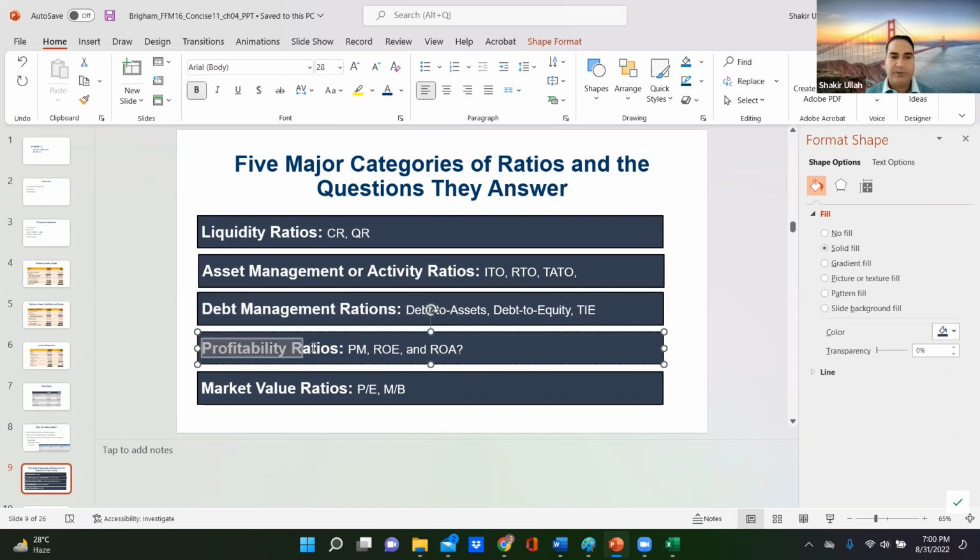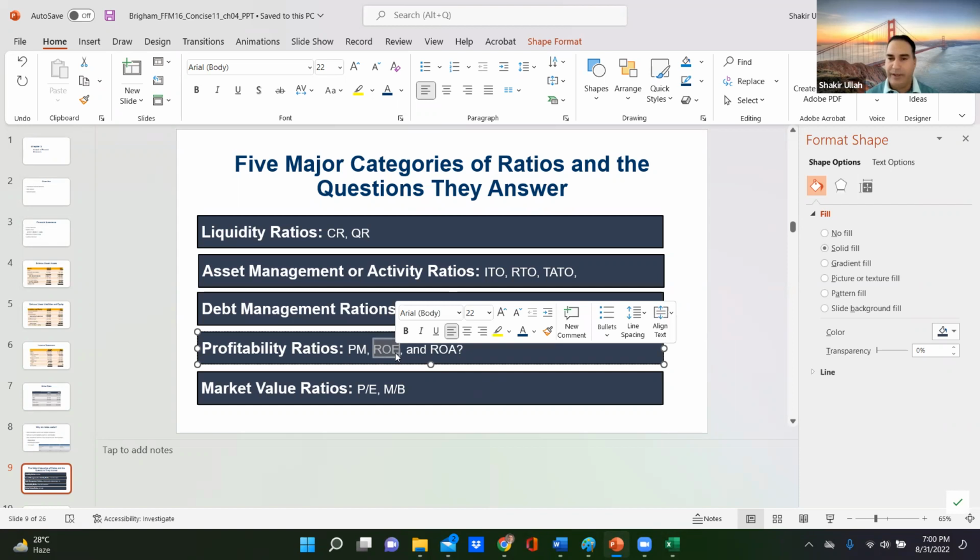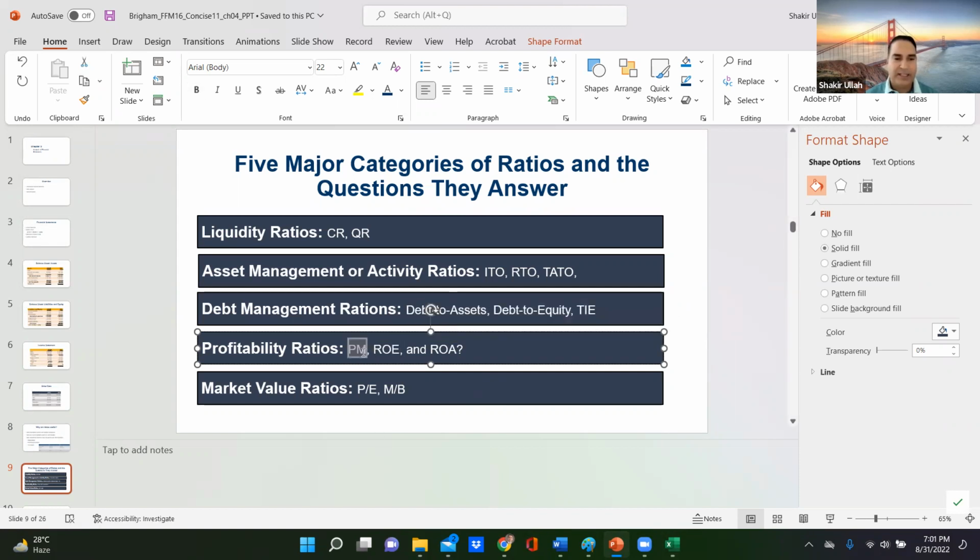The next category is profitability ratios. We look into whether we are making any profit or not. Are we profitable or not? So among those would be profit margin, return on equity, return on assets. This is just one of the ratios that we just looked at, right? Return on assets. It's that simple, nothing complicated, right? Very simple thing. Same goes for return on equity. We simply take the net income and divide it by the total owner's equity and get a number. And same goes for the other. So it's nothing complicated here.